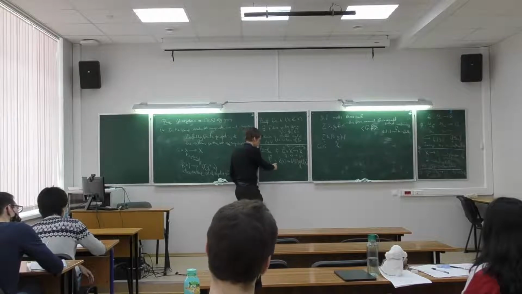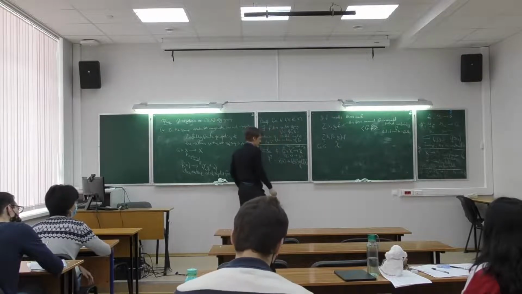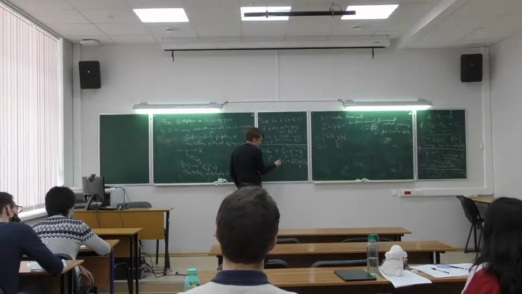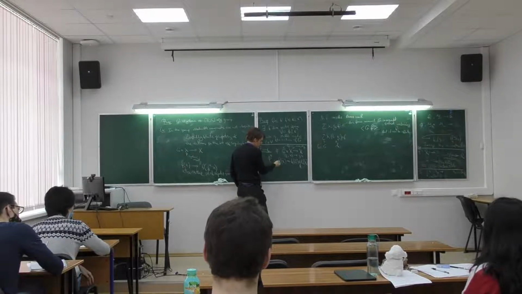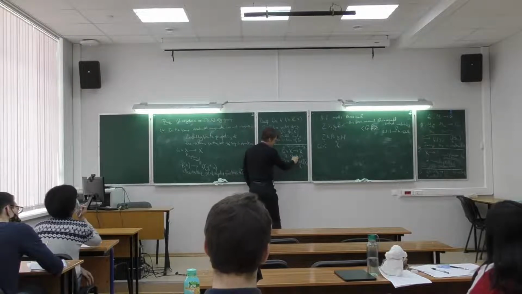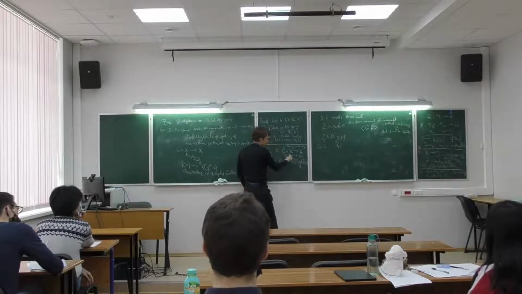So if you have this map, what does it mean? This is how you write down the pullback map. This means that you have to take